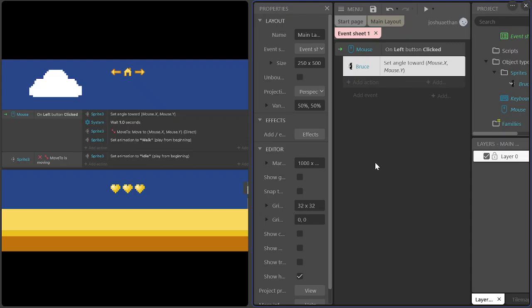Mouse.x and mouse.y, if you work with object-oriented programming, you know dot operands. So what this is saying is basically find where your mouse is and take the x coordinate, and find where your mouse is and take the y coordinate, and set that angle towards those two positions. This is doing math that you don't need to be worried about. But just know that the end result is that when you click on the left button, it'll set the angle